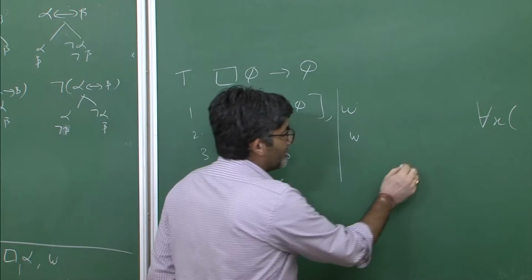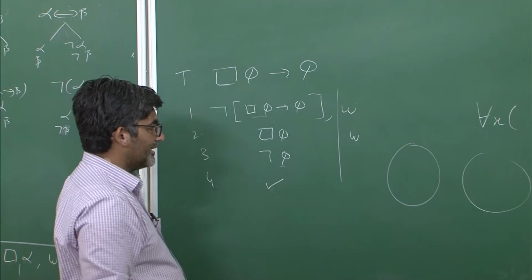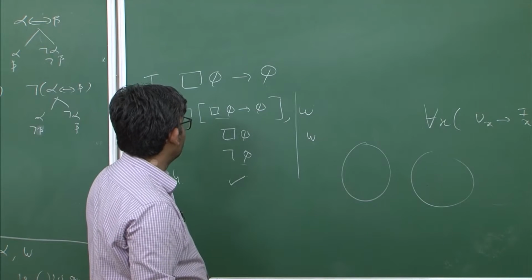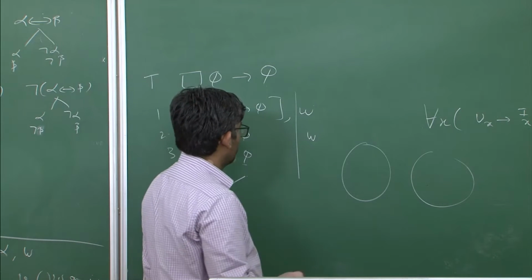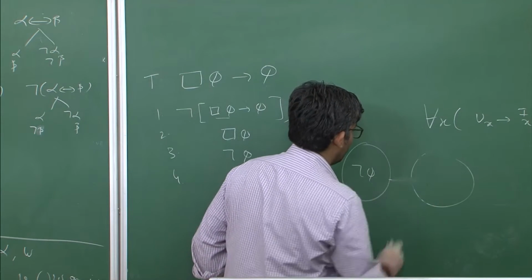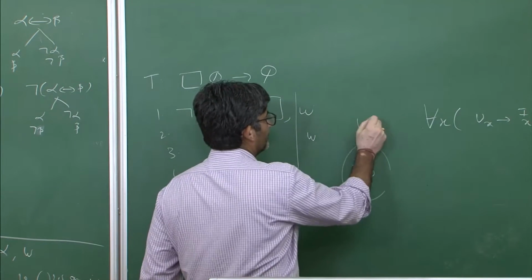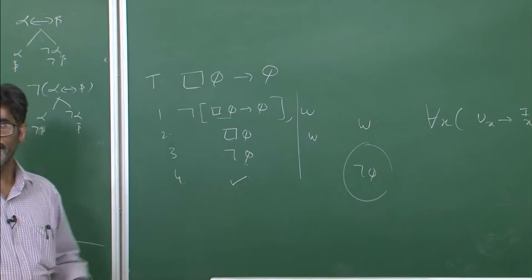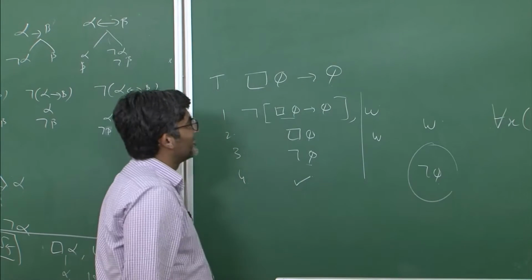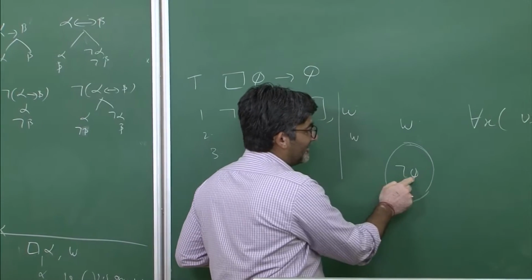So now the counter example in the K system could be like this. From the open branch you can construct a counter example. Now the counter example is going to be like this: not phi. Of course it is not accessible to anything, you can just leave it like this and call this world W. A simple example is this. So now why will this serve as a counter example? We substitute this into the formula again. There is only one world and in that world not phi is true.